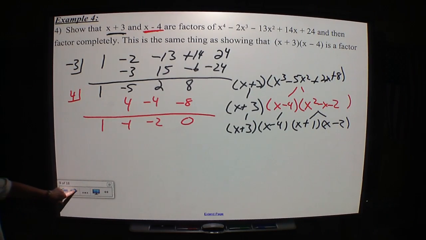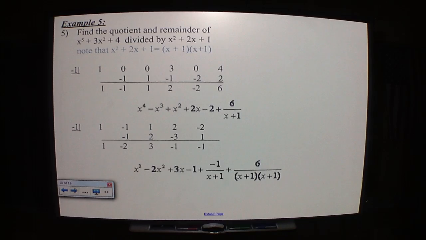Done with this one. Find the quotient and the remainder of x to the 5th plus 3x squared plus 4 divided by x squared plus 2x plus 1. There's two different ways to do it. You could do long division if you wanted to do it that way. You could also do